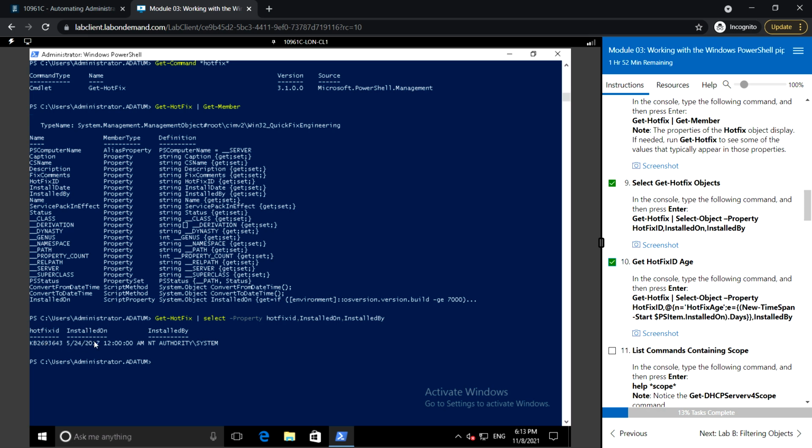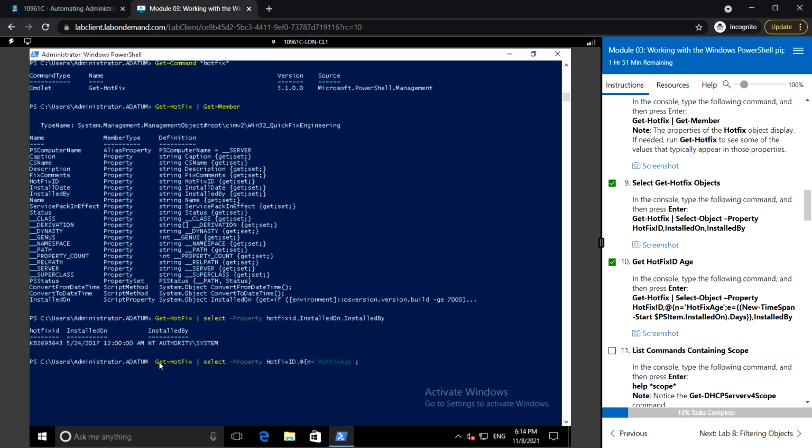If we want to get the age of this hotfix, we can use the following command: Get-HotFix, Select-Object, property HotFixID, and I'll be using a hash table here, and in the script block I'm mentioning the name. N is the alias for the name or label,